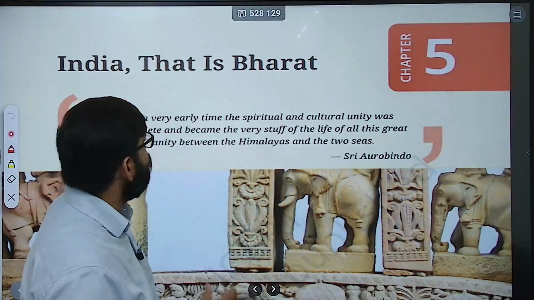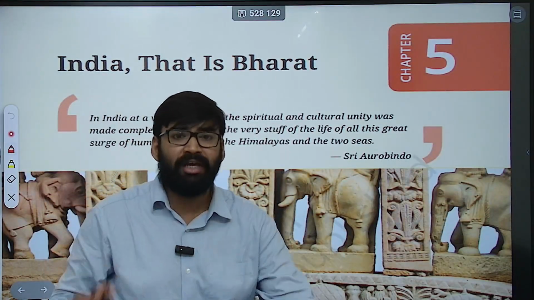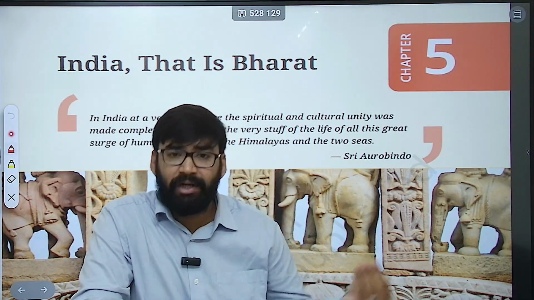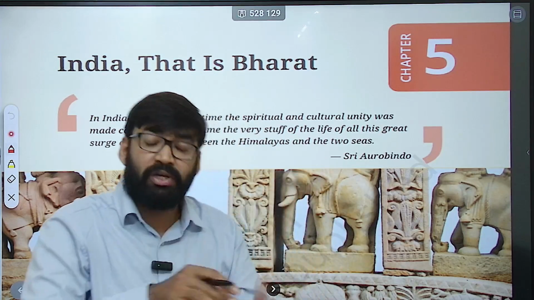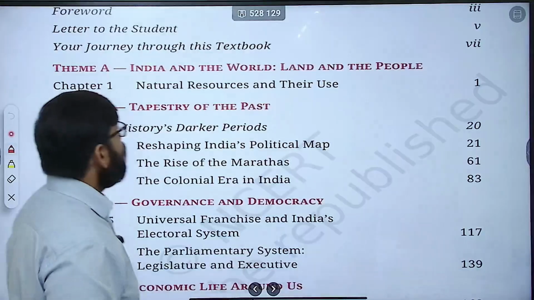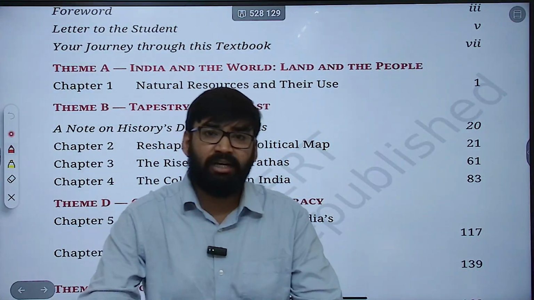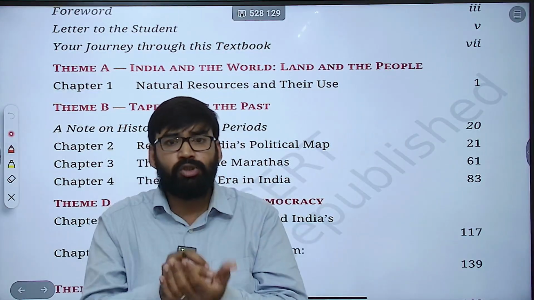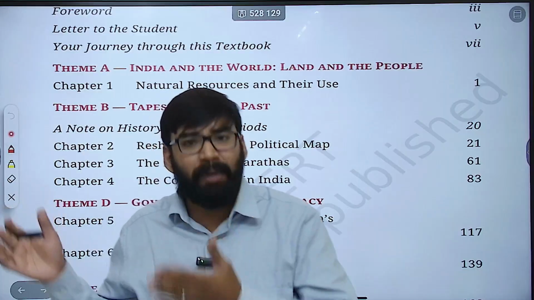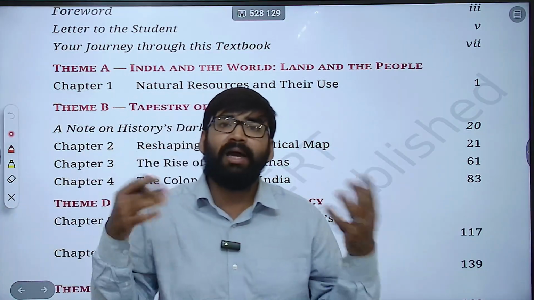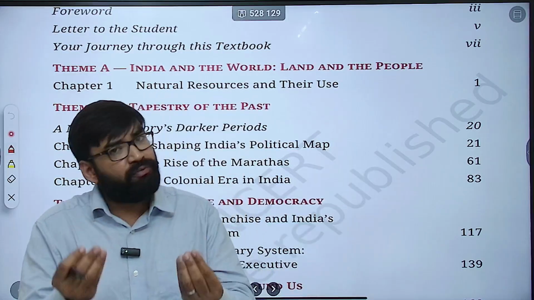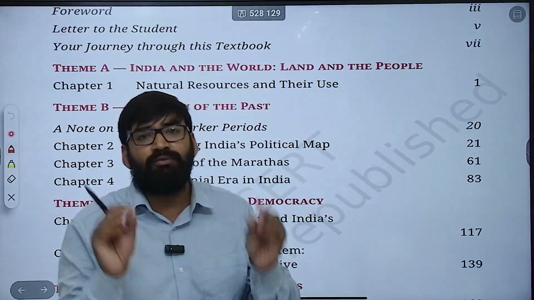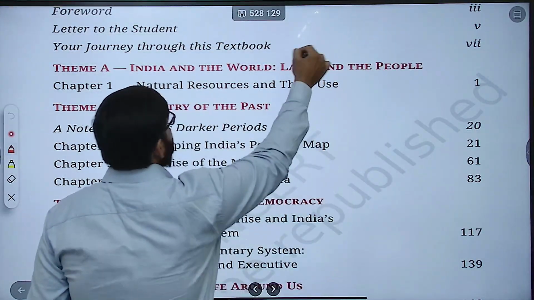Overall we can say that throughout, they mention the culture of India, which is linked with geography, history and even polity. Now, after this, class 8 NCERT. If we see class 8 NCERT, they have launched different kinds of perspectives and added various new dimensions. These books are very different from the old NCERTs because they follow the new education policy of 2020. Why? As you can see here, class 8 NCERT